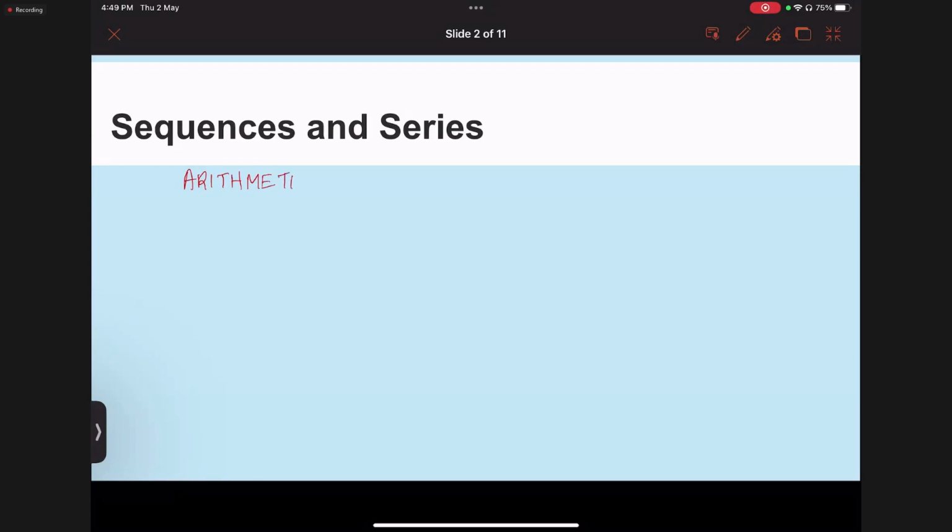Arithmetic mean, and geometric mean. So mean in a sense means either the middle term or the central part of any set of data that you have. So when we talk about our arithmetic mean, this is usually found